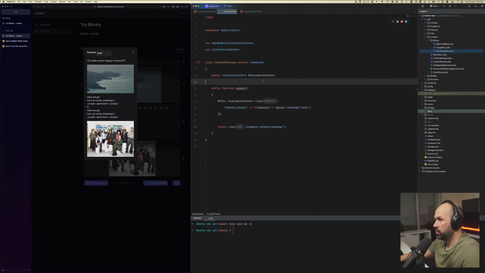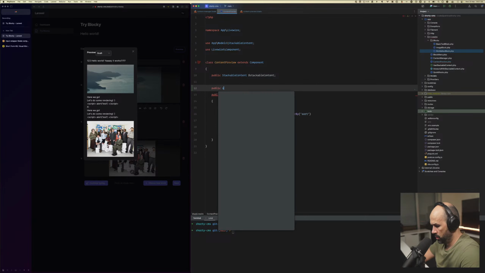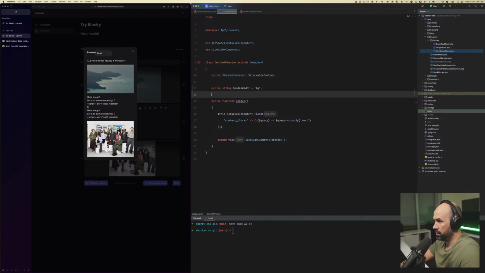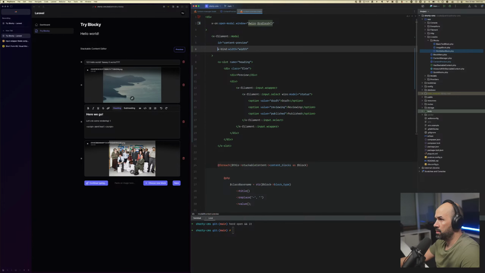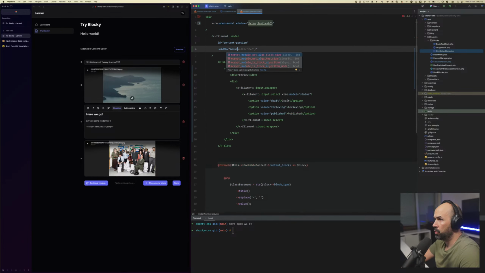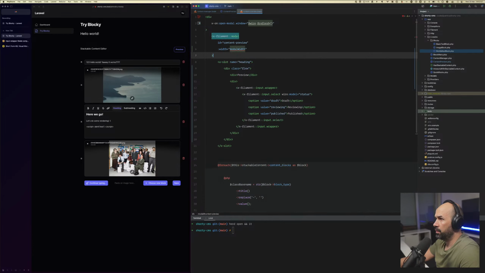So what we can do is public, well, it's string and modelWidth equals to, okay, let's start LG. And here we'll just use the server side method with the public property modelWidth. And if all goes well,